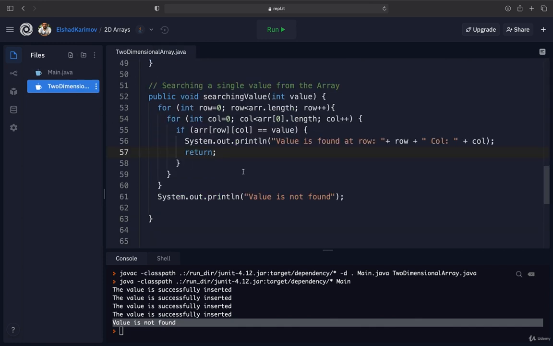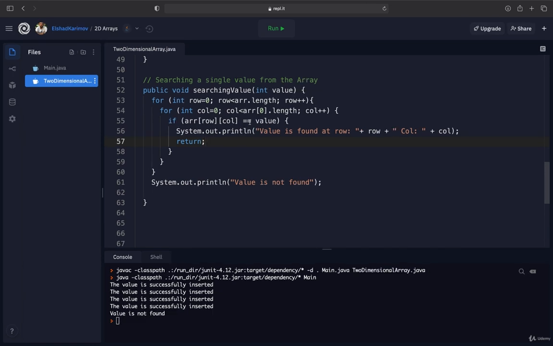So let's see what the time and space complexity is for this method. To find the time complexity of any given method, we have to start from the first line of code. In the first line of code, we have a loop which is looping through all rows of this two-dimensional array. If the number of rows is m, the time complexity for this loop will be O(m). Then inside this loop we have another nested loop, which is looping through the columns of this array. If the number of columns is n, the time complexity will be O(n).